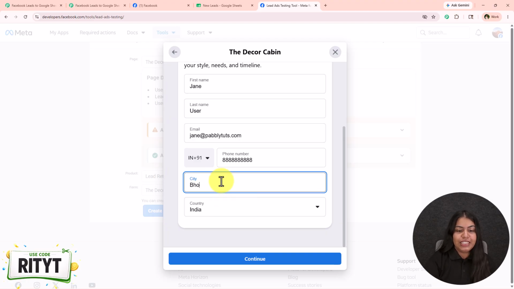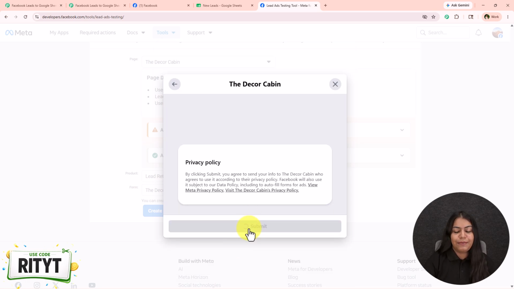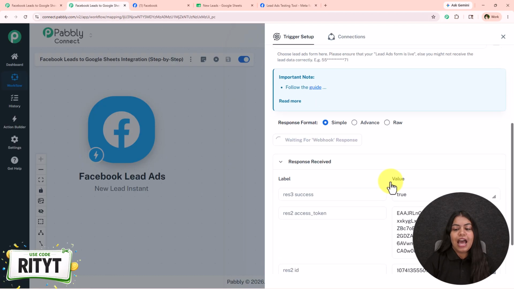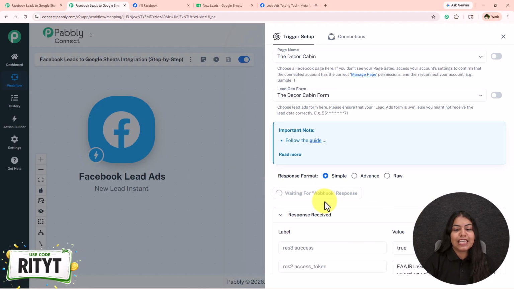After entering all of these details, I am just going to click on this button which says continue and then submit. We have successfully submitted this lead, so let's just open our workflow, and Pabbly is going to capture the response for the same right over here, which will be the webhook response. Once we capture the response, we're just going to simply add the lead details in our Google Sheets, okay,